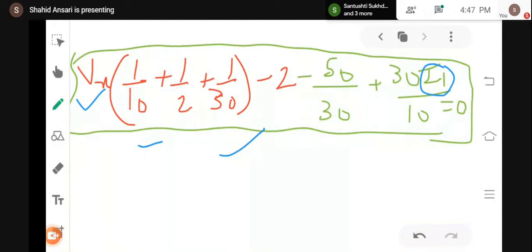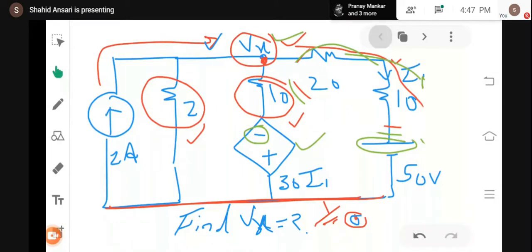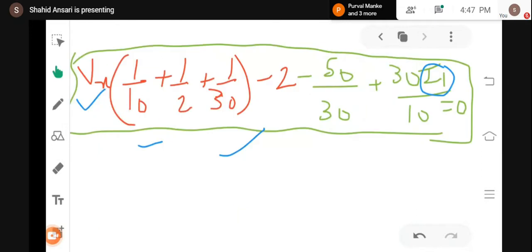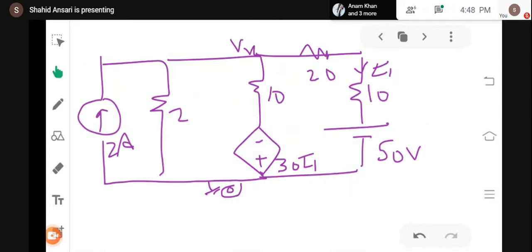we have seen that after applying KCL at node Vx, we have got this particular equation in which we have Vx as well as I1. We have two unknown variables, but in the question our target is to find out the value of Vx. But now we cannot find it because in our equation we have two variables. Two variables cannot be solved by using one simple equation. We must have one more equation, but we cannot apply KCL at any other node because we have only a single node, which is Vx. This is the reference node. So we have only one equation. So we'll have to apply some different logic, either KVL or any other method.